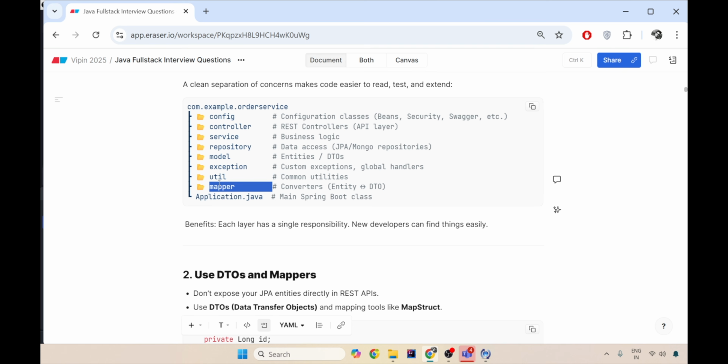You should always have a mapper to convert your entity to DTO and DTO to entity, to use it in the proper place. Also, you should at last have a config folder where all your configuration-specific things go, like if you want to have interceptors, filters like a security filter, a Swagger implementation, or bean creations, all those configurations go into this config folder. So whenever you go to an interview and you are asked about the structure, always mention at least these many folders, because these are the best practices to have in a Spring Boot application. Each layer has a single responsibility, and whenever I want to find something, I can easily find it then and there.